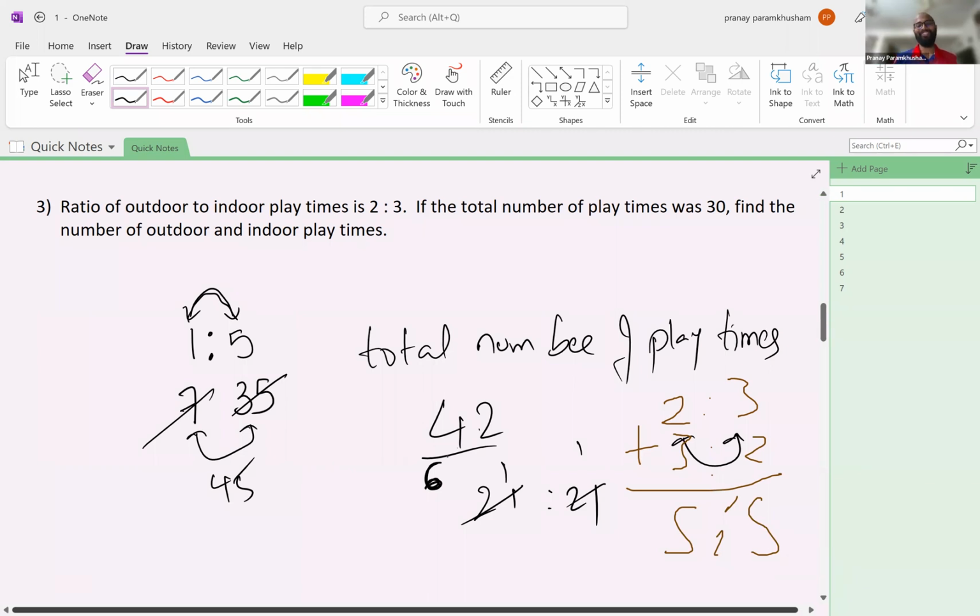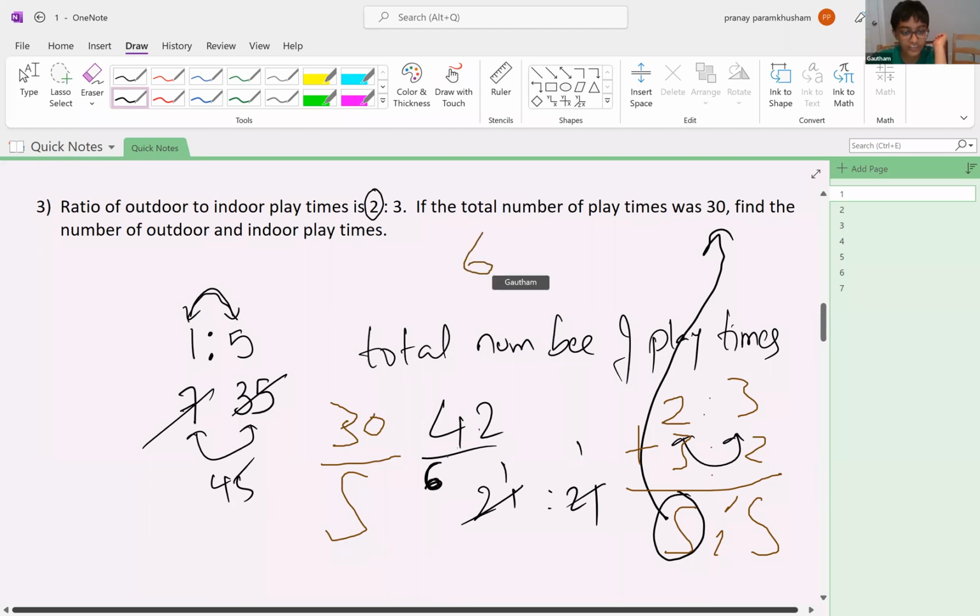You don't need to add 2:3 plus 3:2. But yes, you got 5, right? This 5, now try to divide 30 by it. 6. That's one part. One part is 6. So outdoor would be how much? It's 2 parts, right? So one part 6 is 24? No, 6 and 24 is 1:4. Oh yeah, right. 1 to 4.